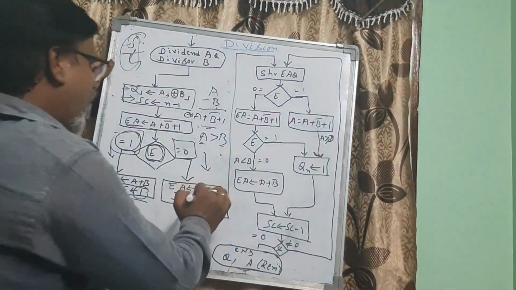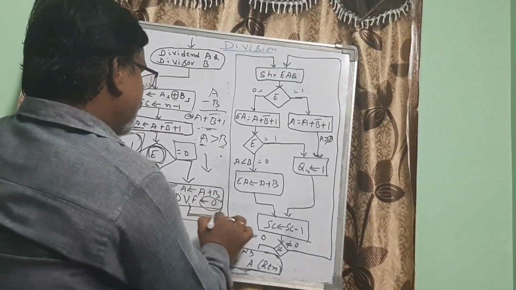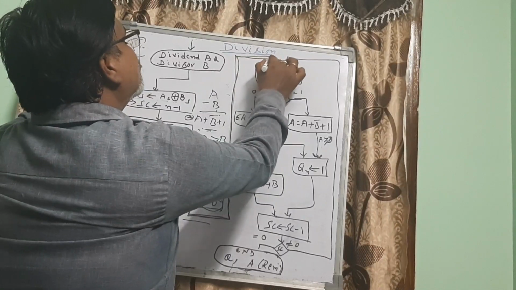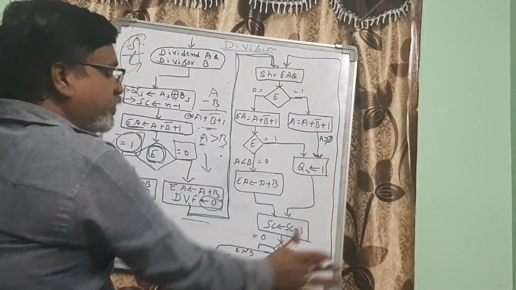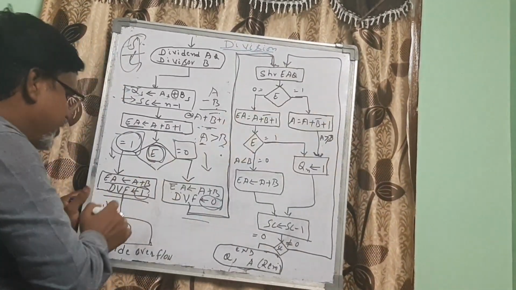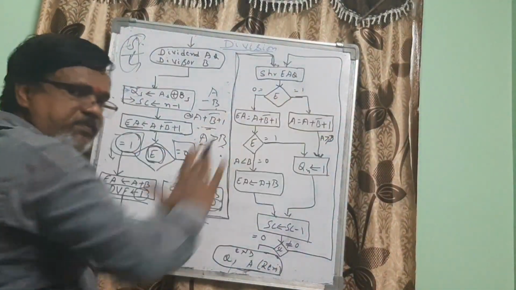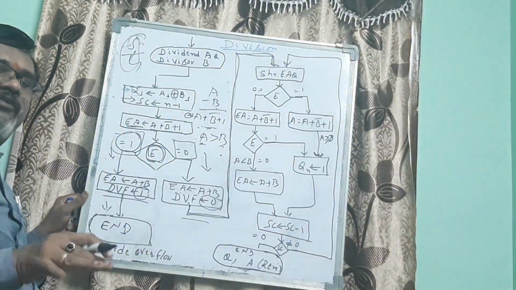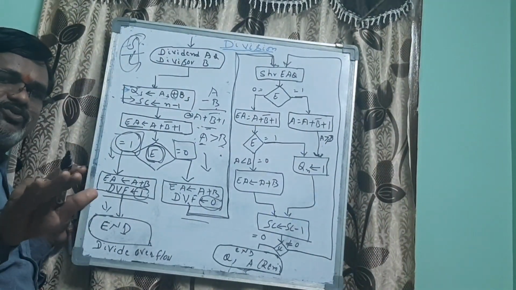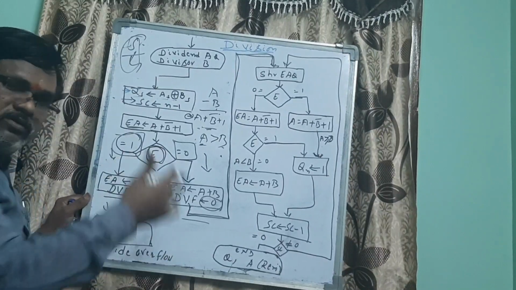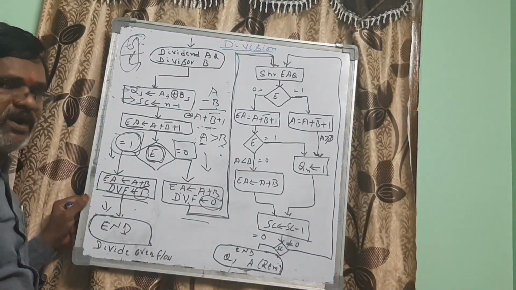Now after this operation, as the second part of the explanation, we come to this part. It is executed only if there is no division overflow. But if we come across a division overflow, we put a full stop here and do not proceed further, because A is smaller than B.